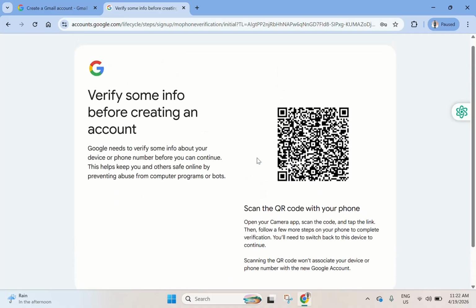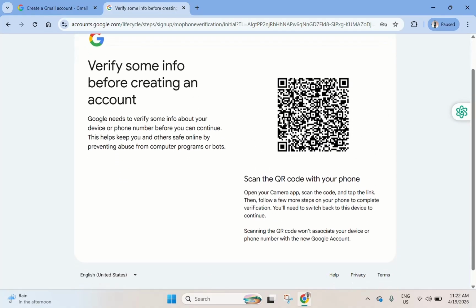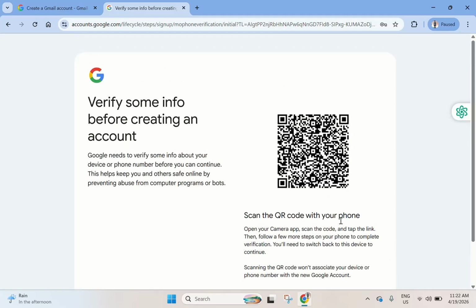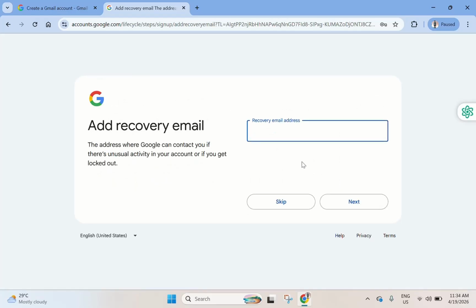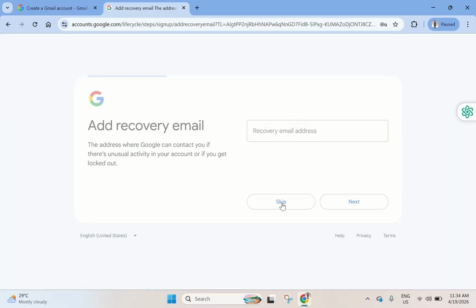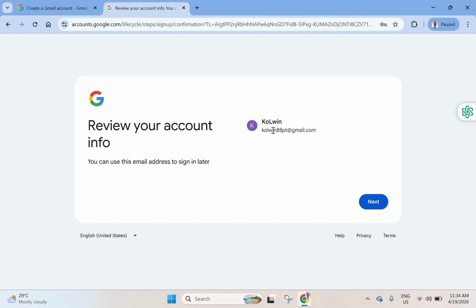So this is to verify with some existing account from any device. So if you have a smartphone, of course you will have a smartphone, any device, your tablet or any phone, you just open your camera and scan this QR code, and this will be linked directly to your Google account. Yes, now it's already verified. So if you have an existing email address, any email you can provide here. If not, we can just skip. And so now our email is already done, and click next,